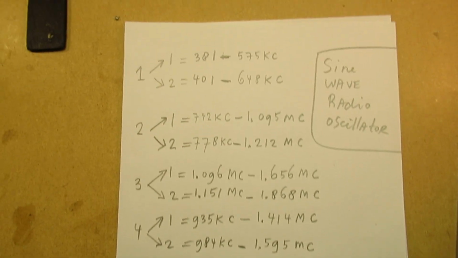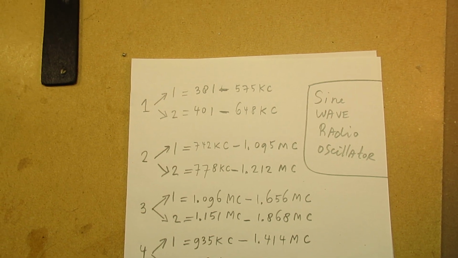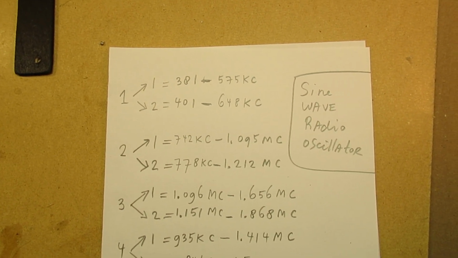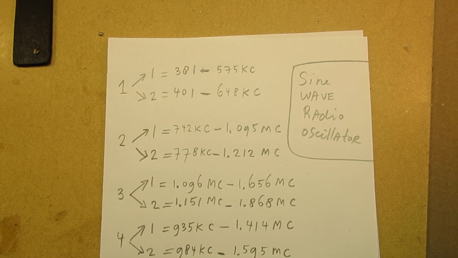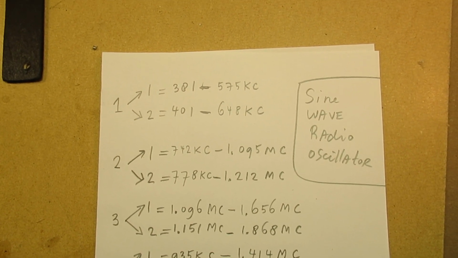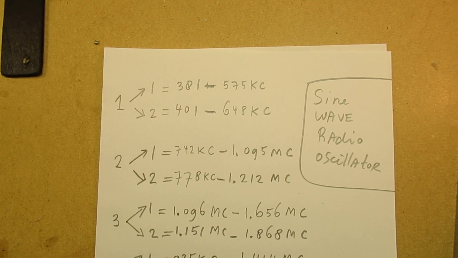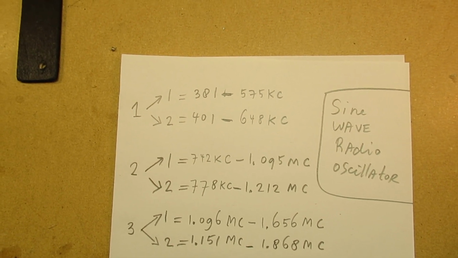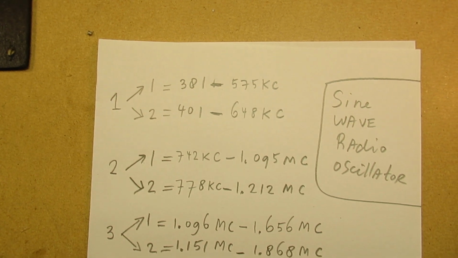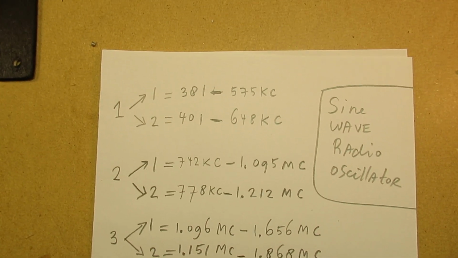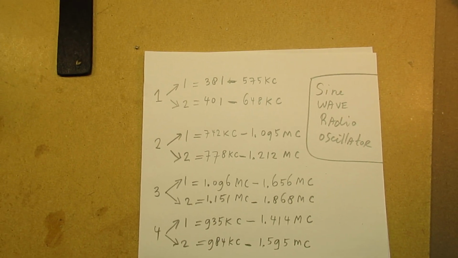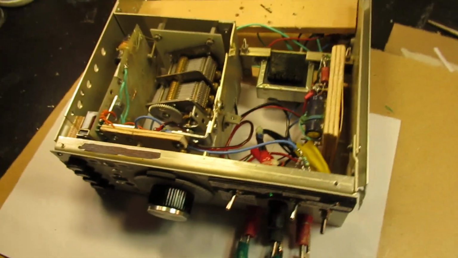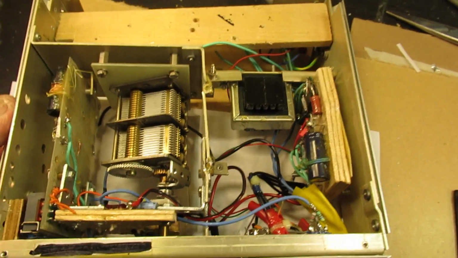So it's for the medium wave. You can use this oscillator, for instance, to test classical old school 455 or 456 kilocycles, 460 kilocycles. I have filters. That's surely a useful